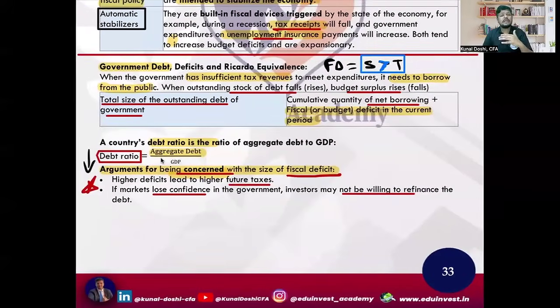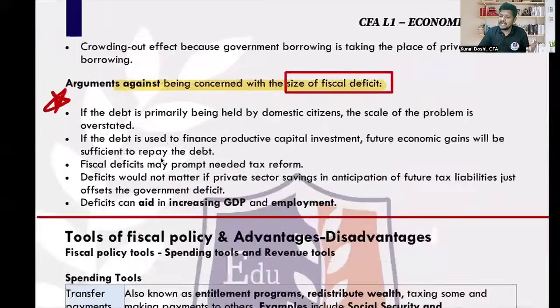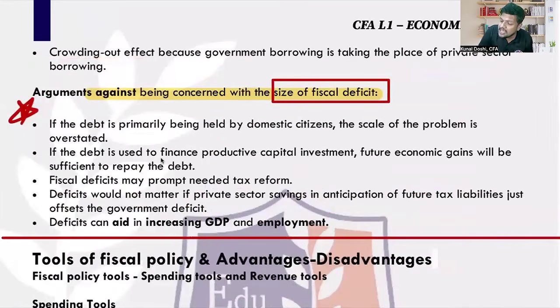Also, because the government is constantly borrowing, the borrowing market is dominated by the government, and that creates a crowding out effect. Means very little is left for the private sector to borrow, and that will increase their cost of borrowing. So the major debt market is dominated by the government. All the borrowing is squeezed by the government. So this is the ill effect, right? So apart from the increase of taxes and the market losing confidence, there is a lack of capital in the market for the private sector.